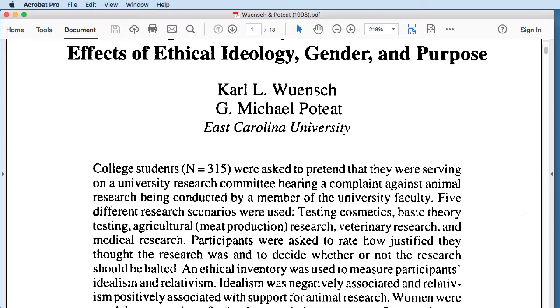Whereas other people on the relativism scale, the higher the relativism scale, the more open those individuals were to continuing the research if it benefits society. For example, if it would improve the health of cats, or if it would be a benefit in terms of medical research for humans. So the data we're going to use